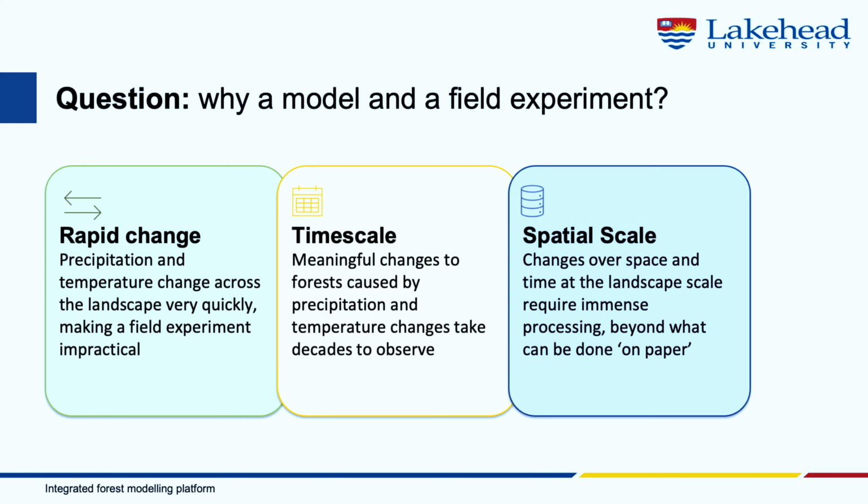Lastly, we also have the concern about our spatial scale. These changes occur all over the province of Ontario, as well as over these large frequencies of time. And to collate all this data and do the number crunching on paper is not only a very daunting task that will make any grad student run for the hills, but it's also very time consuming. Where we can do it in a modeling space in a fraction of the time, and at, I would like to say, a much higher certainty with less human error involved.